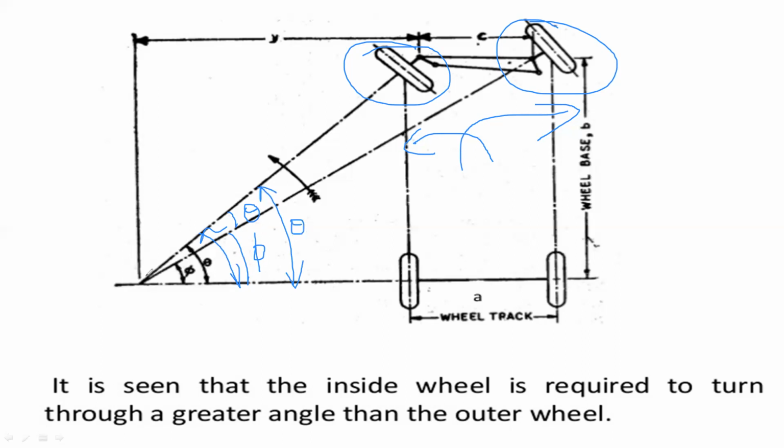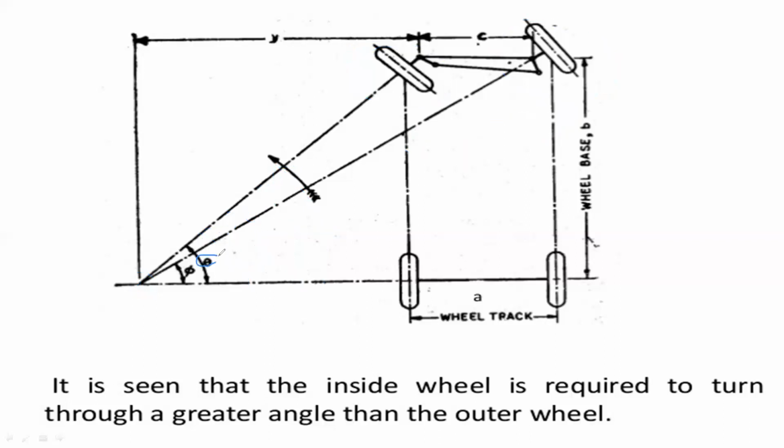Why? Because the center point is located where the two wheels meet at only one center point of the rear wheel axle. That's why we can calculate the angle for the inside wheel, which is also theta. Okay, you can see it is theta and it is phi. So the outside wheel angle is phi and the inside angle is theta. We can measure the distance between the inside angle and the outside angle.